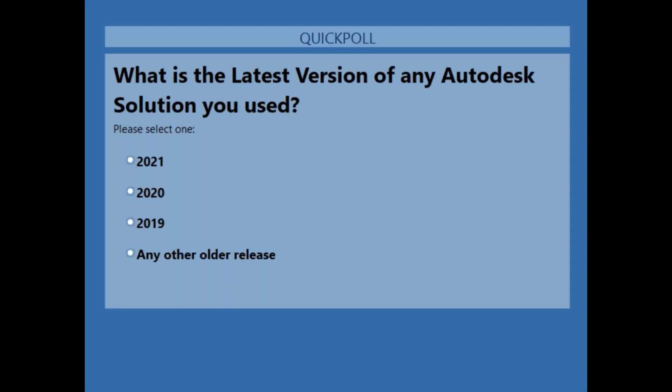Okay, the final question. What is the version that you currently use, or what's the last release of the Autodesk solution, let's say Revit or whatever platforms you use, AutoCAD? Which version have you used? So again, quite a few people have not seen or explored 2021. I think you'll get to learn a lot because we've added a lot of capability. And trust me, when I say a lot, this is going to be a longish session.